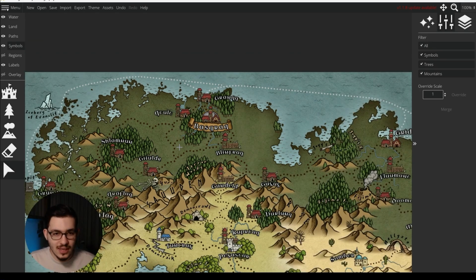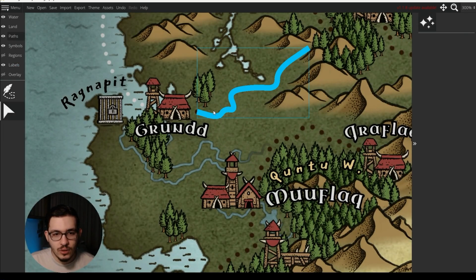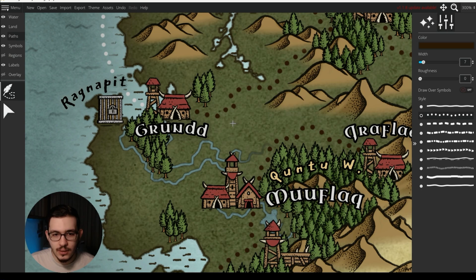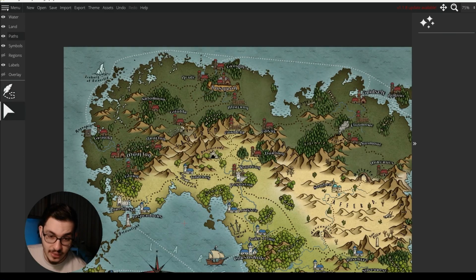So I would say try to see how many roads you can take from different places to your capitals and your main cities. So for example, for that you could improve this. I don't know, how did I miss this one, because this also needs to connect. And sometimes make exceptions and leave some parts with less paths. Yes, I think this would be my best advice to you about making the roads, which is the development of